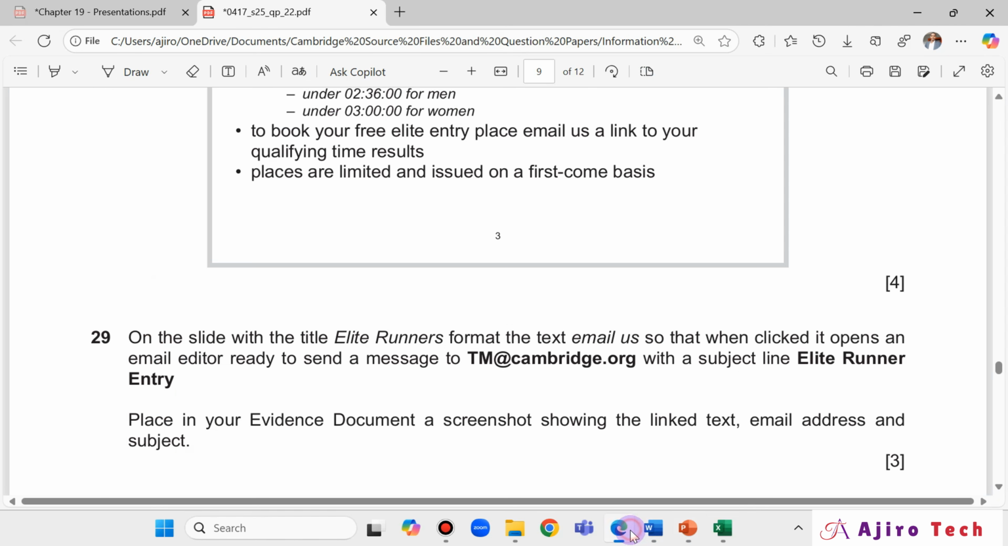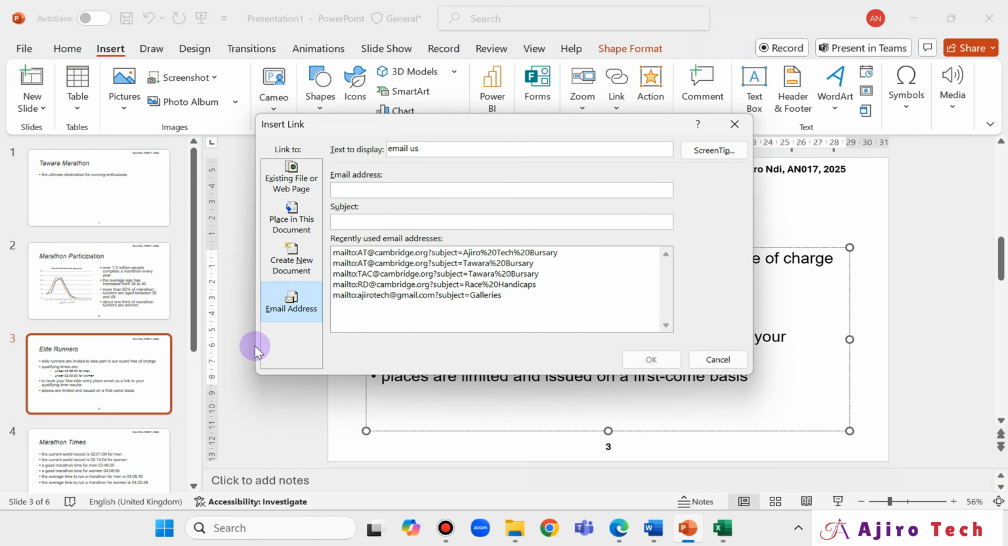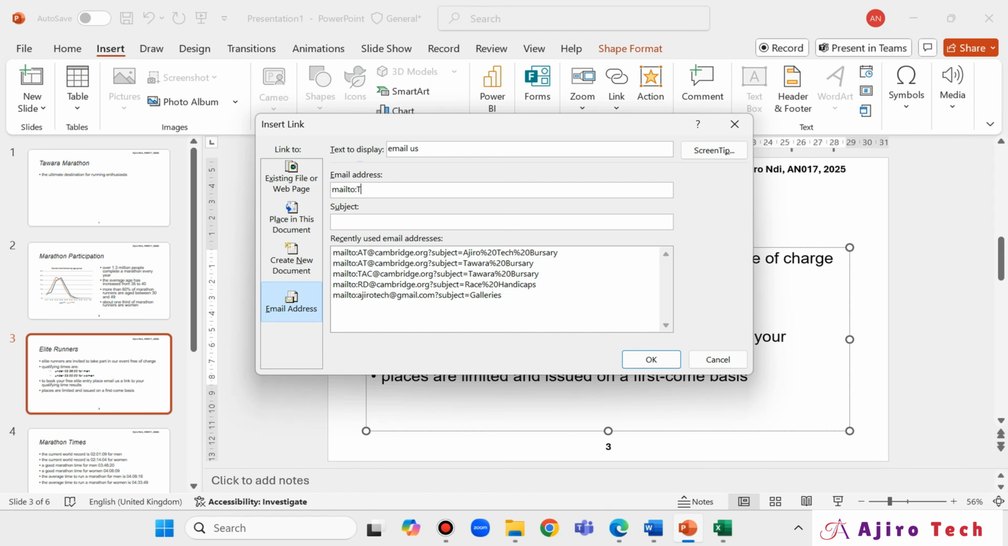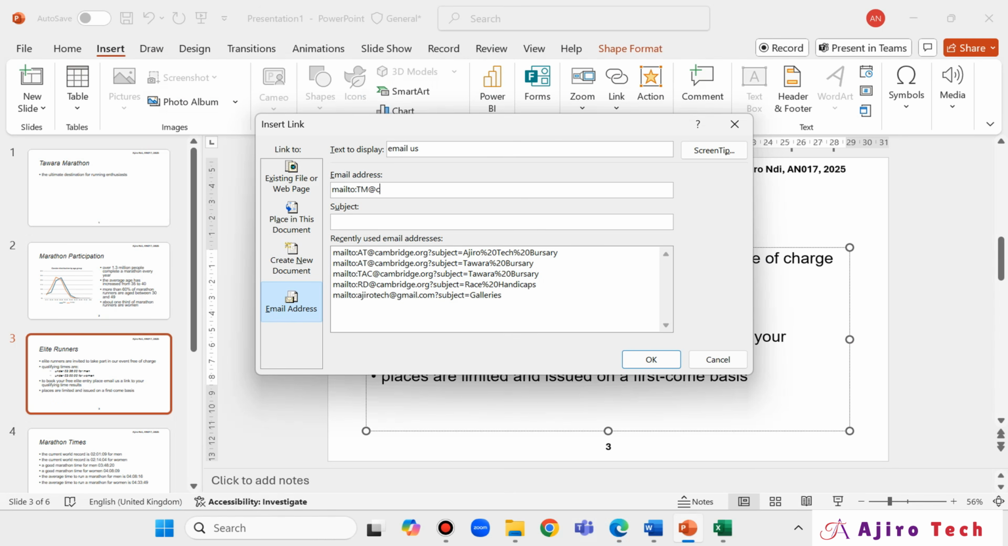Email us, so that when clicked, it opens an email editor. So I will have insert, link. All right, so what are we having there? Ready to send a message to tm at what? Cambridge.org